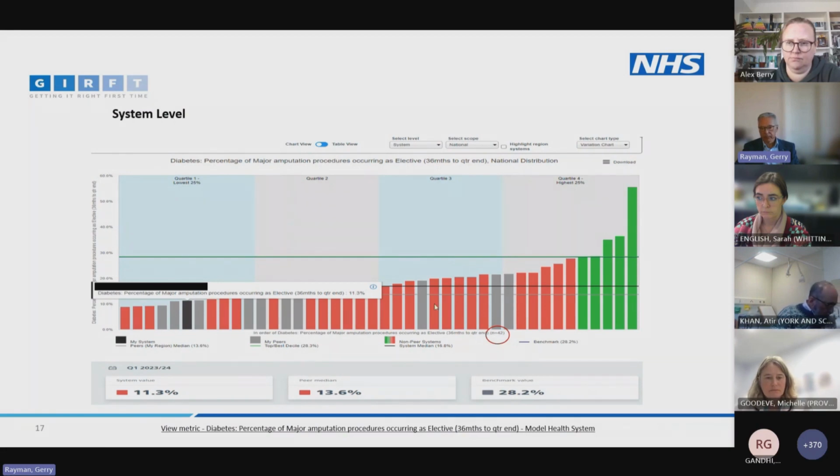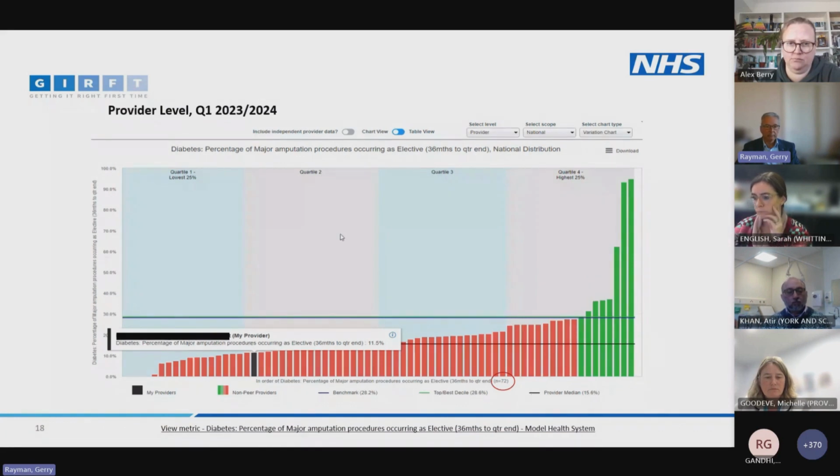Now this is expressed for the 42 ICBs. You can see 42 down here. That's across the 42 ICBs. The data can also be expressed across the provider levels. So these are 72 trusts who do amputations. As I said earlier, there are 130 odd providers, but not all do amputations. Of the 72, you can see where, again, this is the same trust. You can see where they rank. In this system, there's only one trust undertaking amputations, and so that's why provider level doesn't look much different to